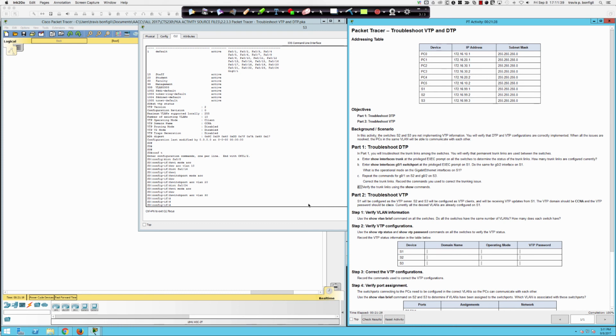And then we troubleshot VTP, the VLAN Trunking Protocol. But really, it wasn't troubleshooting, was it? We kind of knew what we needed to set up there. So it was more of a configuration exercise and then ensuring that we had all the VLANs that were required, and we did. All right, well, this is going to wrap up Packet Tracer Activity